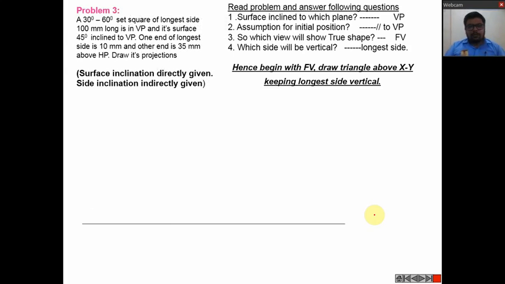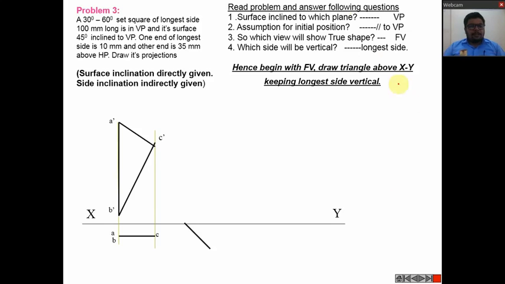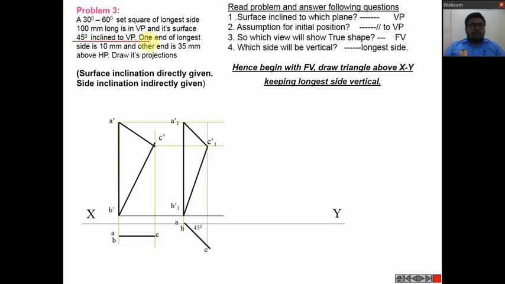So let us quickly go through that. XY line, then we have drawn the front view, same A dash, B dash and C dash. Then next we will take the projections and mark the top view, that is A, B and C. Then again the same thing is given. It is making an angle of 45 degree with VP. So we will draw a line at an angle of 45 degree, then mark A, B and C. Take the projections and this will be your front view for the second position with A1 dash, B1 dash and C1 dash. The third step is different here.